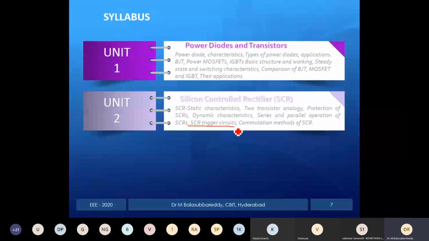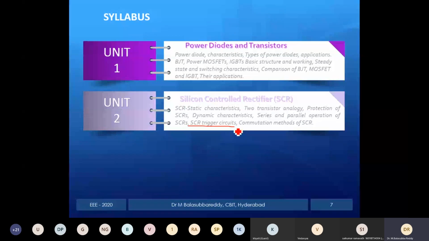That means once the device is on, any device, it may be SCR or something else, different devices may have different strategies. But in this strategy, for the SCR device, we have commutation methods. One is natural commutation, another one is forced commutation. In some cases, the device is naturally turned off. In another case, the input is a DC supply, which will never go to natural zero. That's why you make use of additional components like L and C. You have to turn off the device forcibly. That is the reason we call it forced commutation.